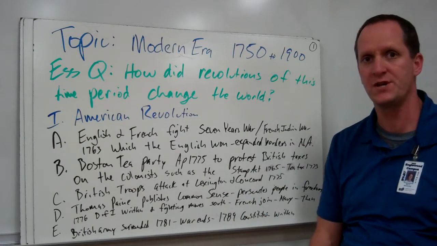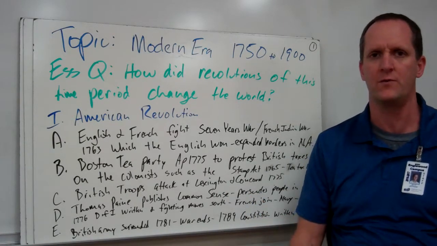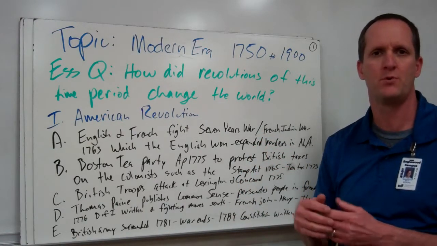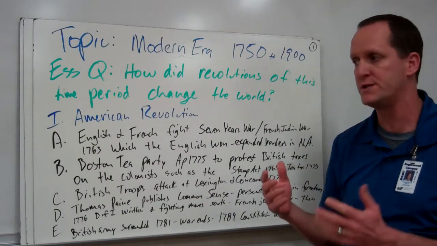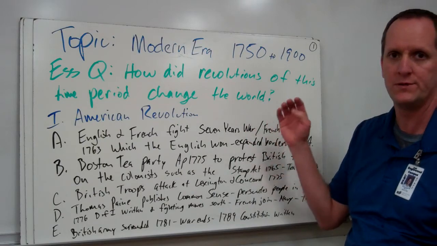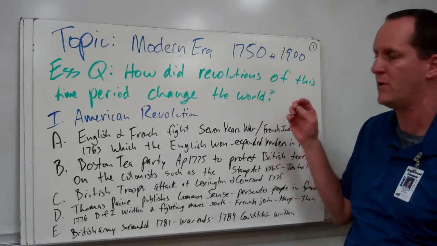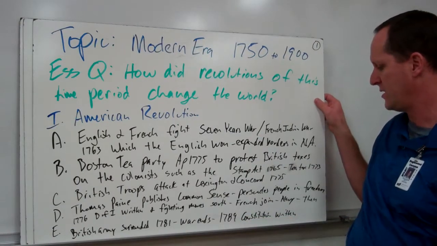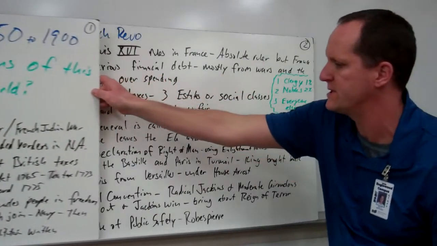But then once the French got on board, because the French always were fighting with the English, and their Navy was able to help us with troop transport and for goods and for just military advantage, we were able to get our army going and overwhelm the British. So in 1789, the Constitution was written for the United States.